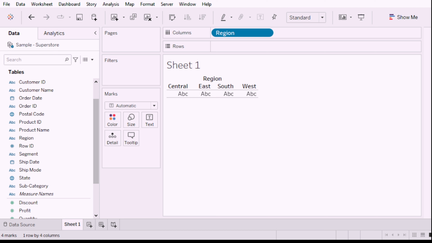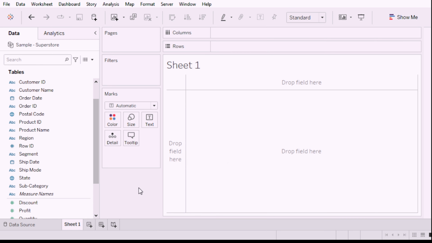Very simple, right? If at all you don't want something, I'll show you what I'm supposed to do. I don't want region. So you have an option, you can click over there and select remove. You have a remove option. So simply click on this one, you will see a window popping up. If that is not happening, simply take it away, and somewhere here it says X, just leave it, it's gone. Simply drop it somewhere where it says X. I'll bring it back because I need the region